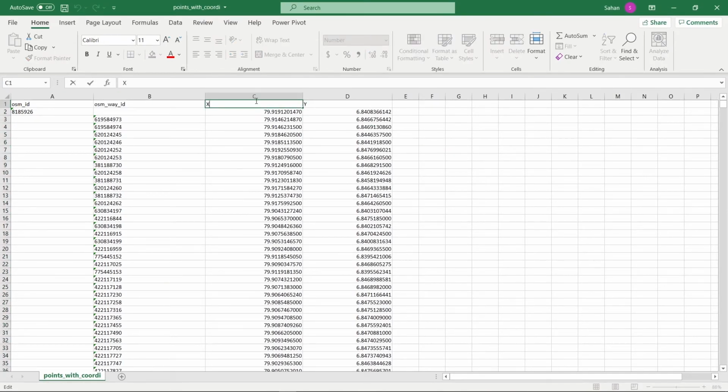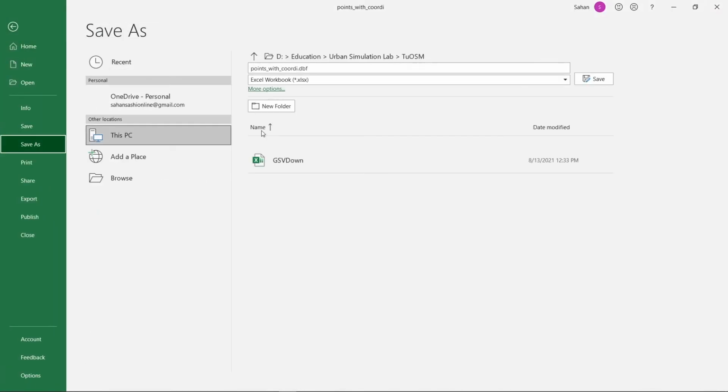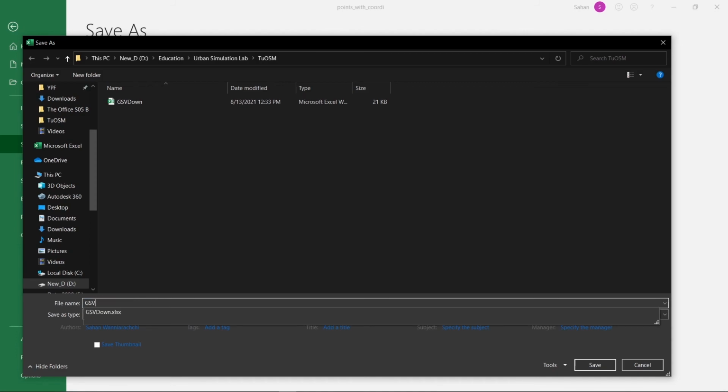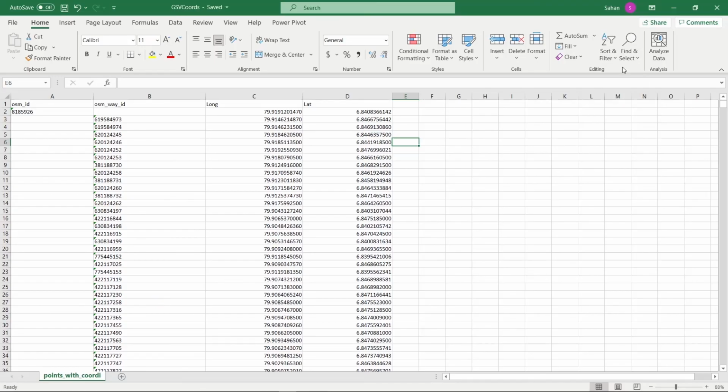So now we just need to rename this as below, and save this as an Excel file. I will rename this GSV codes. Okay, done.